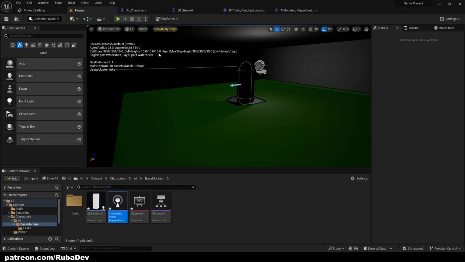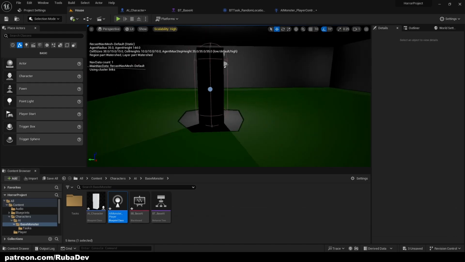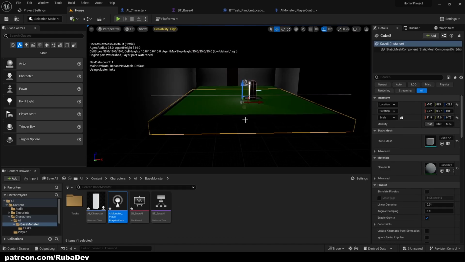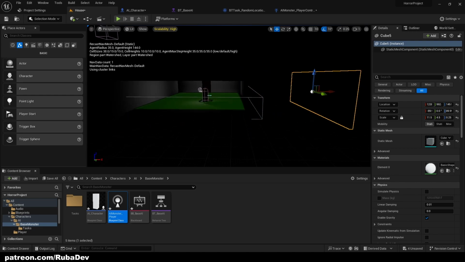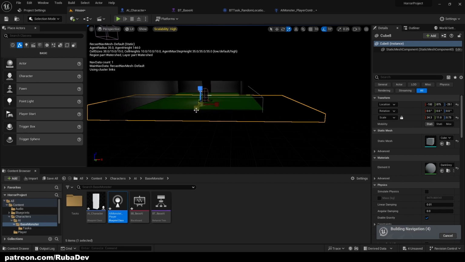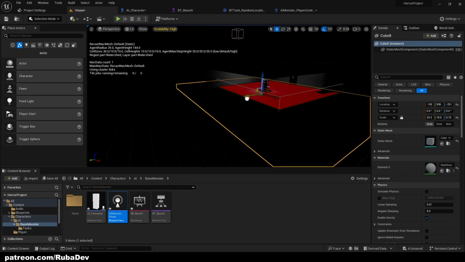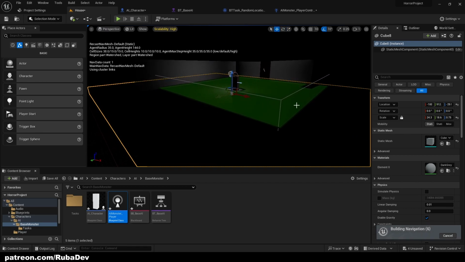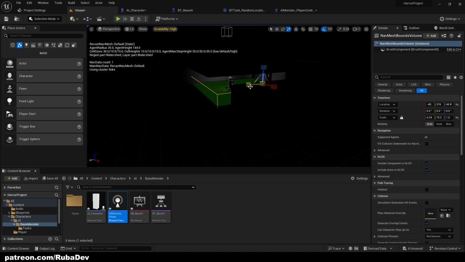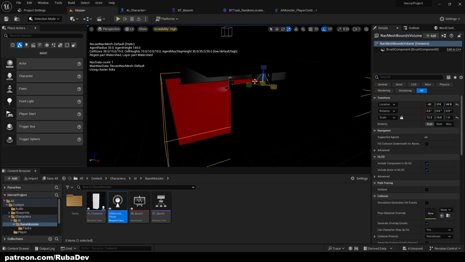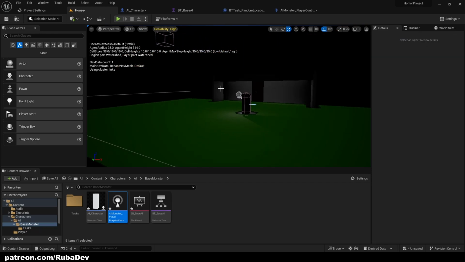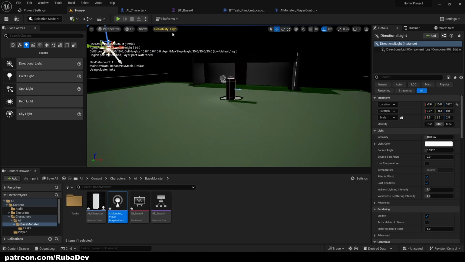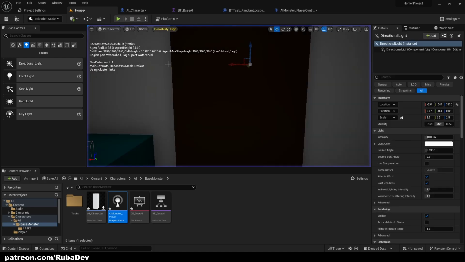But the problem with this is that this is very small ground. So let's make it bigger actually. Let's make this also a little bit bigger. And let's add a directional light for the sake of the tutorial. Oh, I fall from the